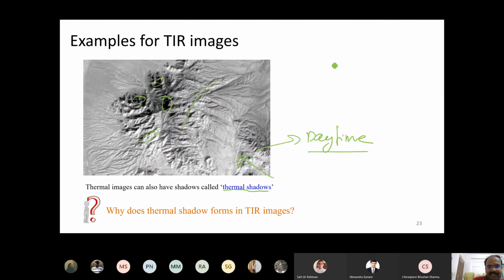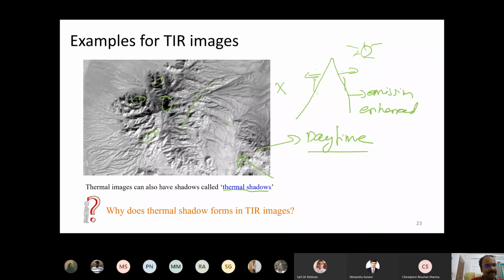For the other portion, say for example if the hill is like this, the temperature on this portion will be much higher than on this particular portion, because sunlight is not directly falling on it. It is not heating up as rapidly. So emission here is enhanced because of Earth's own emission and also increased temperature due to the sun's energy. On this side, the sun's energy is not there, only Earth's emission. So that is normally the reason we see thermal shadows.